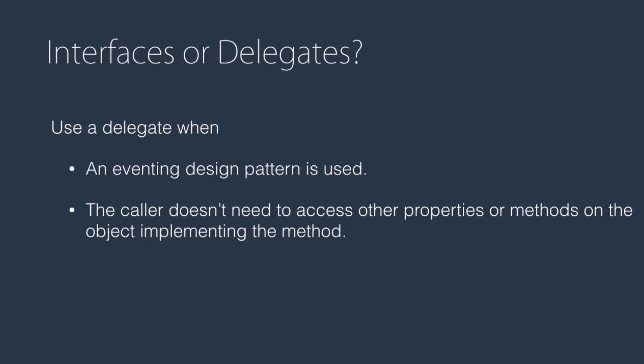How do we decide whether we need to use an interface or a delegate to achieve flexibility? Well, part of that is personal preference, and different developers have different tastes. But the guideline in MSDN suggests to use delegates when we have some kind of eventing design pattern, or the caller doesn't need to access other properties, methods, or interfaces on the object implementing the method. In the case of the example I showed you, our filters were just one basic simple method, and there were no other properties or methods. But imagine if our photo processor needed to access other properties or methods, obviously a delegate wouldn't work, and we had to use an